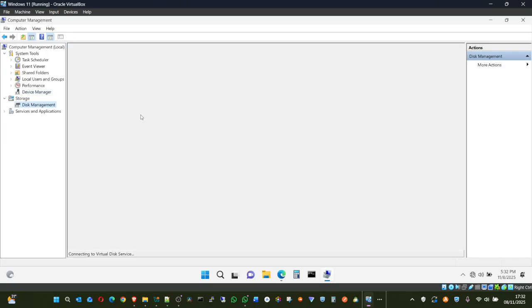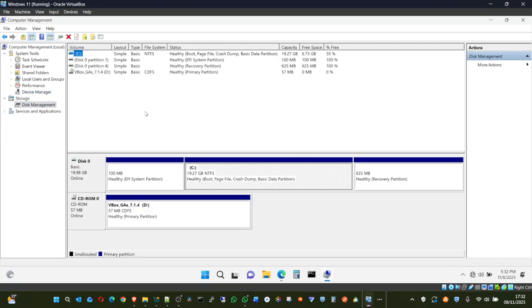Then disk management. This is where we also check how many disks are available on the system. For example, I have a 20 gig file, disk 0 is 20 gig. However, that 20 gig is partitioned into three. One is 100 MB for boot. That is where we call it the boot sector. This is where all the encryption details reside.